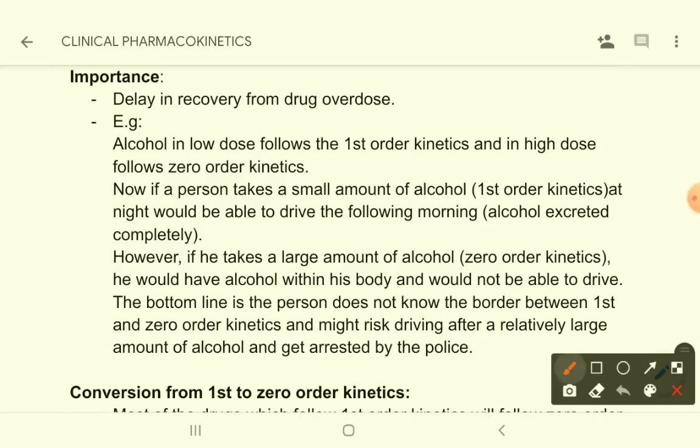Now if a person takes a small amount of alcohol, that follows first order kinetics. So at night, a person who is taking alcohol at night, a very small amount of